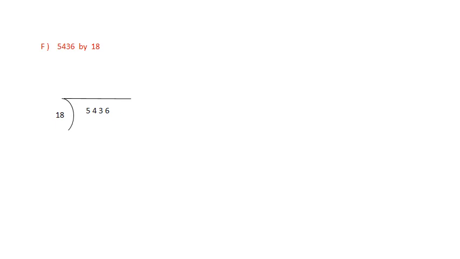Here is 1, here is 5. So we can try 3s first. Okay, see here, 3 8s are 24, 3 1s are 3, 4, 5. So you'll write down here 18 3s are 54. So 54 minus 54 becomes 0. So we'll bring 3 down. Okay, now 18 table 3 is not there.